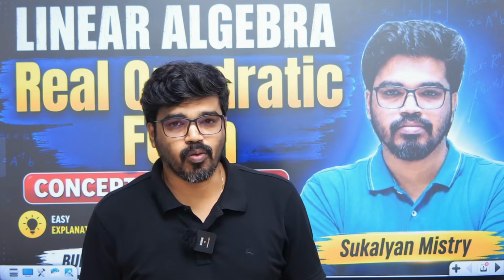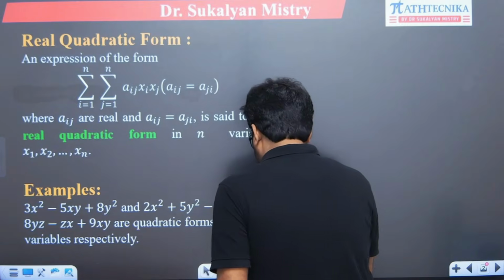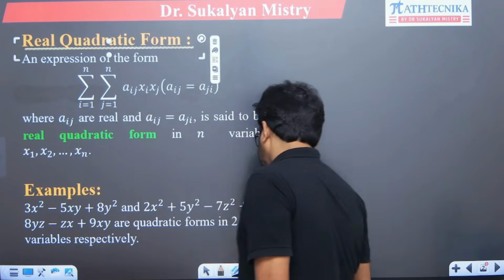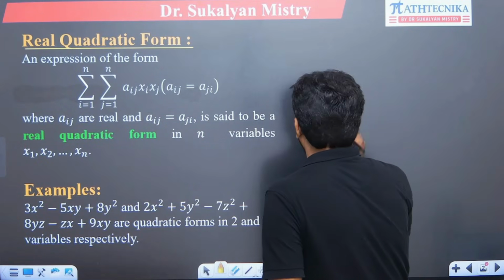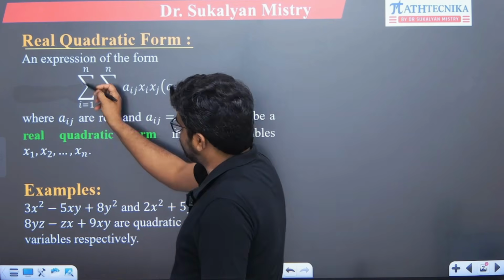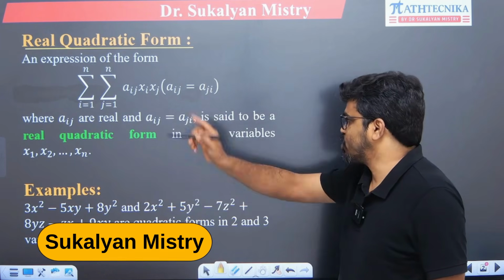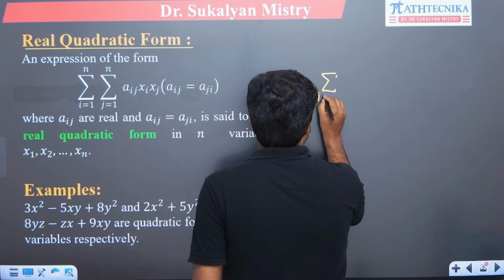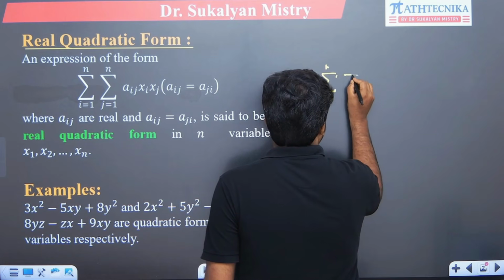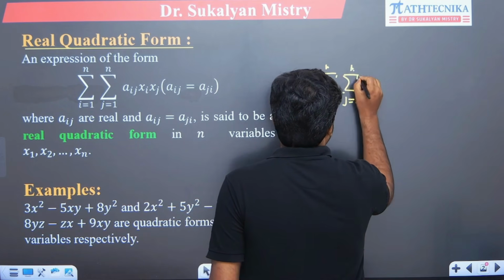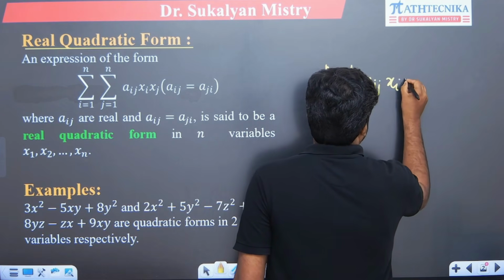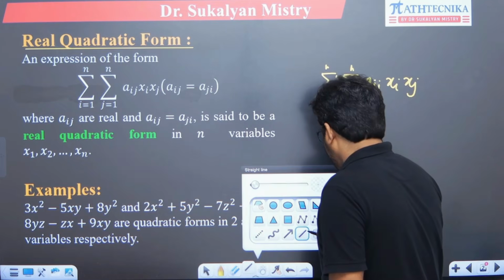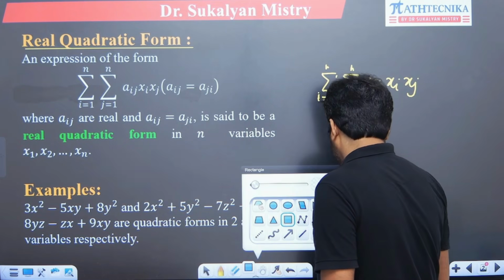আজকে ডিসকাস করব রিয়াল কোয়াড্রেটিক ফর্ম। ওকে, সো ফার্স্ট সি দ্য ডেফিনেশন অফ রিয়াল কোয়াড্রেটিক ফর্ম। What is real quadratic form? An expression is of the form, that is this form, summation i equal to 1 to n, summation j equal to 1 to n, aij xi xj, right? Okay, this form, that is this expression, is said to be a